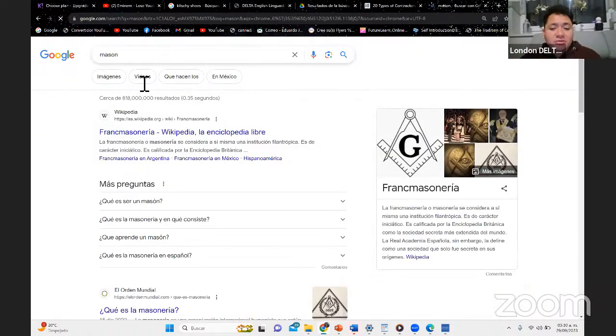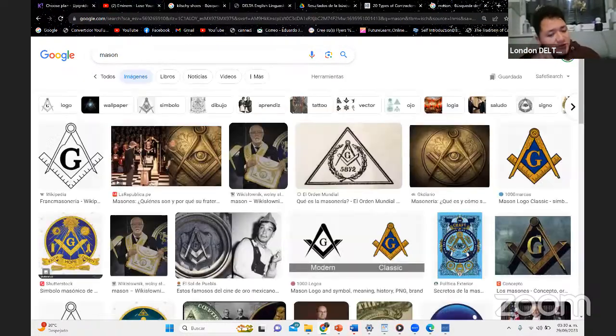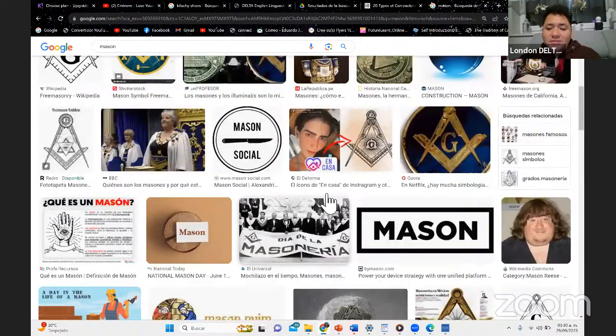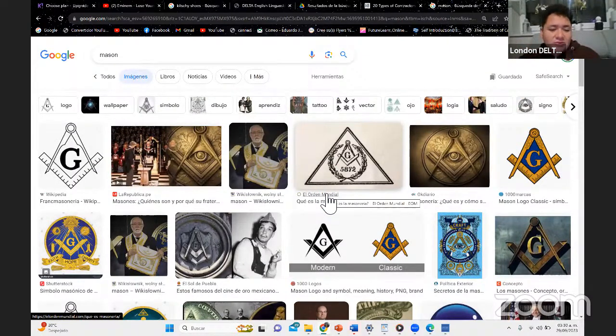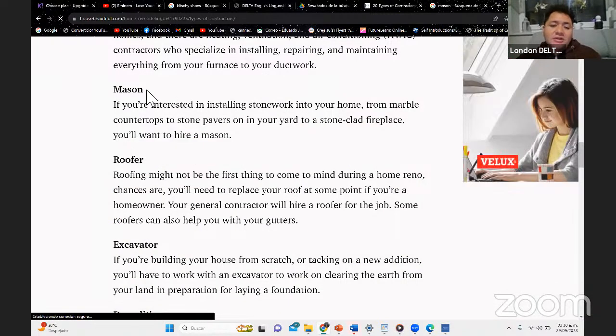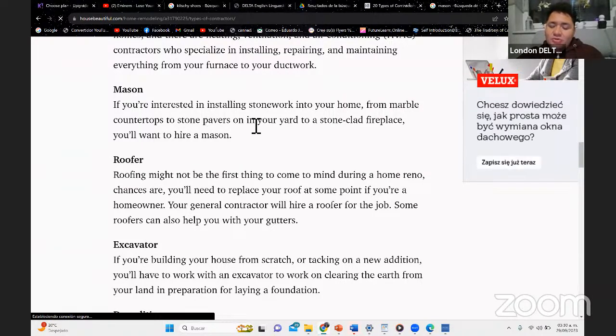If you ever seen the symbol of masons. So masons are usually related to, I mean, the word mason that people use like this is because they are like architects, right? Se dice que los masones son como arquitectos, ¿no? Algo así se llaman ellos. Entonces, como está relacionado con la construcción, de ahí también que ocupen mason. The word mason, but yeah, mason is the person who works with stones, like un albañil, okay?